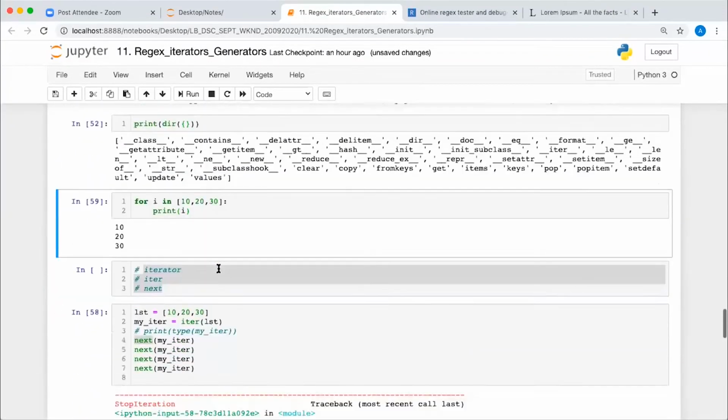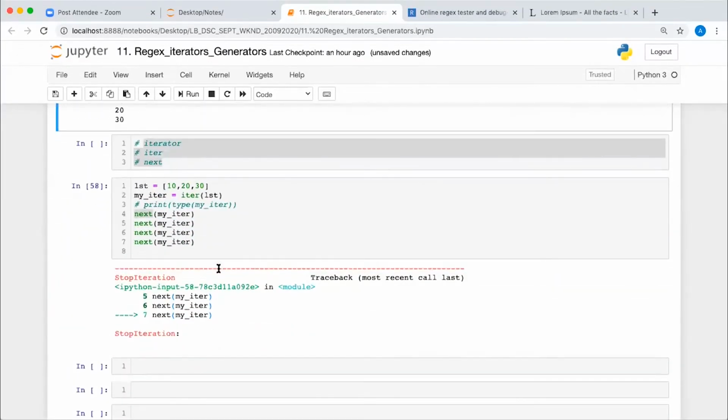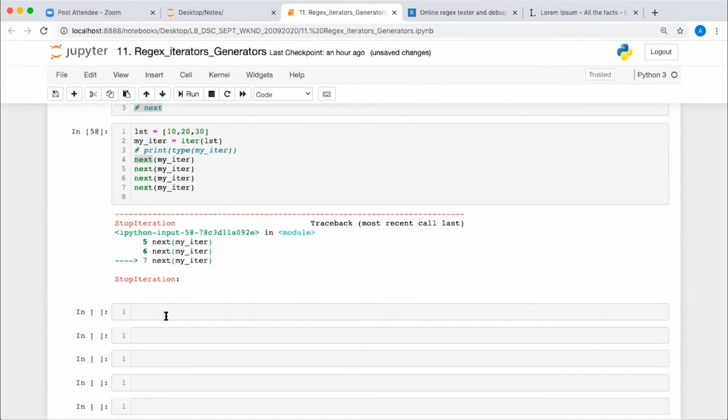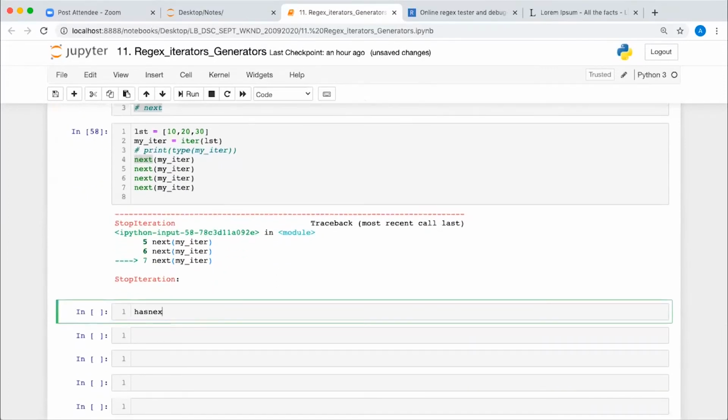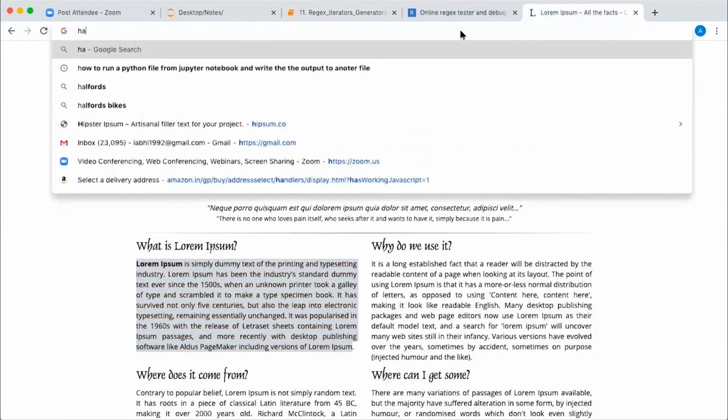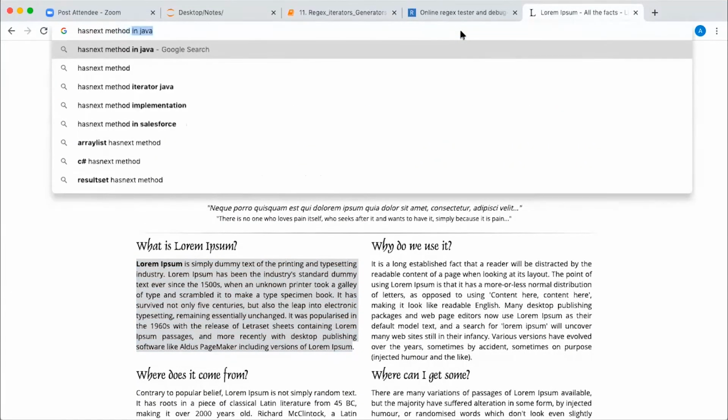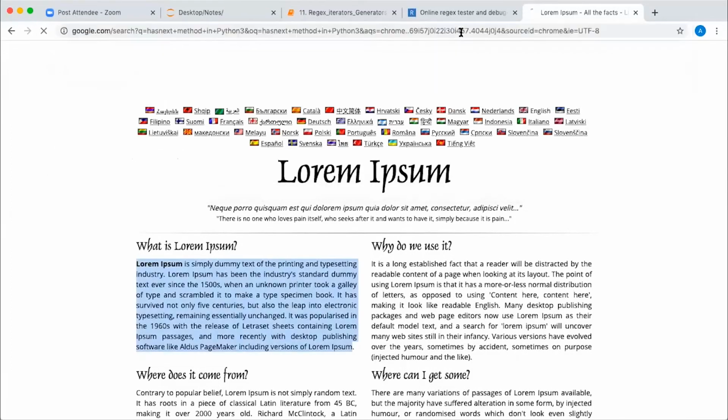Abhishek, can we check has next? If it has next, we will iterate, else we will not. I think has next was there in Python 2. I don't remember whether it has the has next. Is it in Python 3?